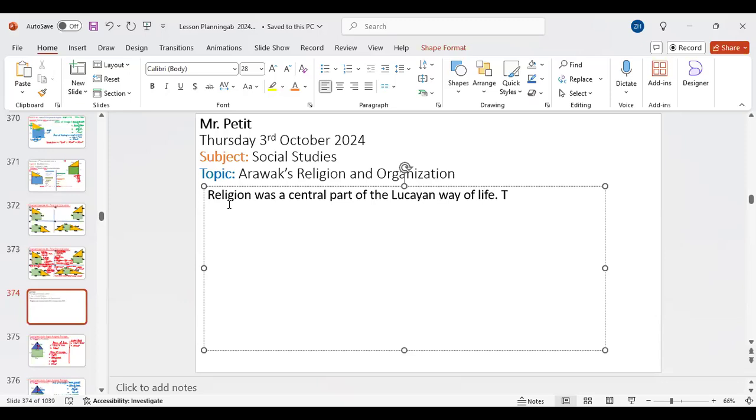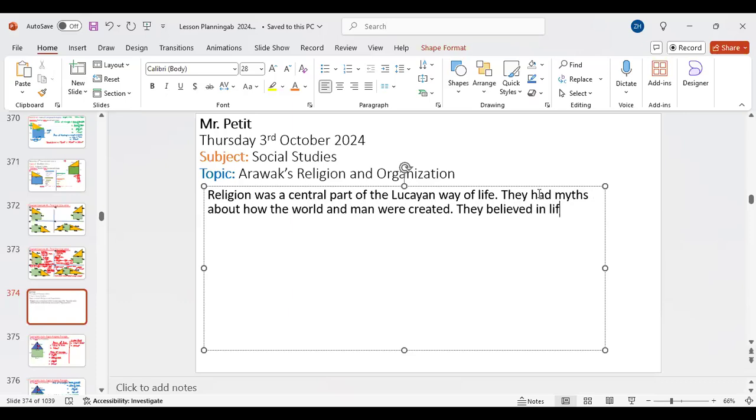They had myths that they believed in. They had myths about how the world began, and how the world and man were created. They believed